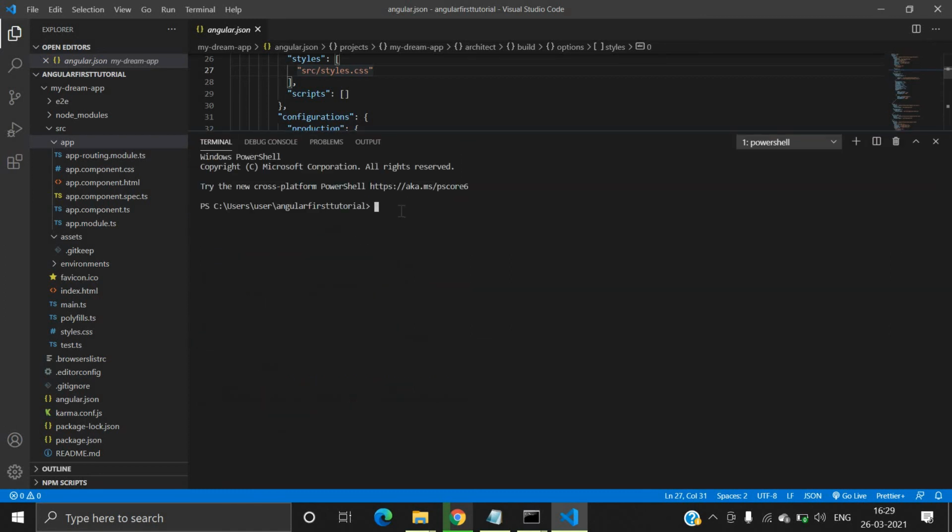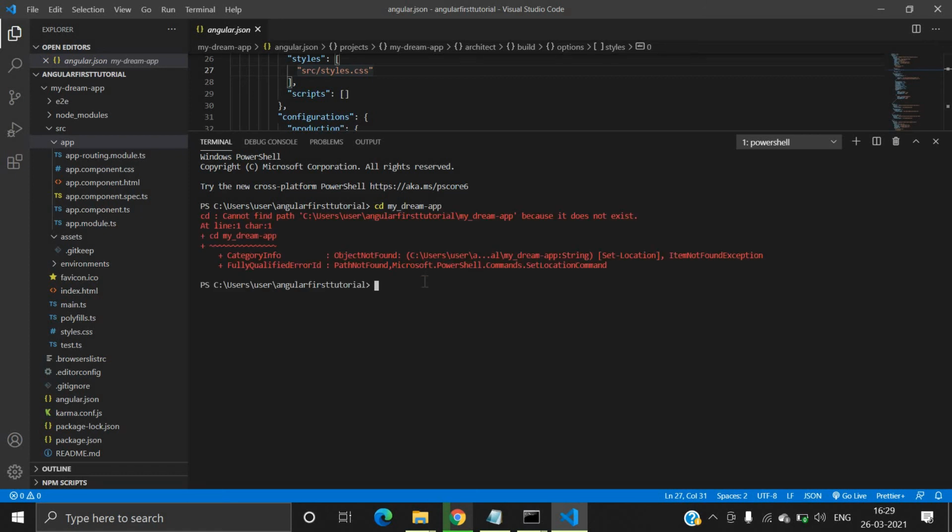So let's initialize this project. How to initialize? First of all, we will go inside my project directory, dream app. cd dream app.